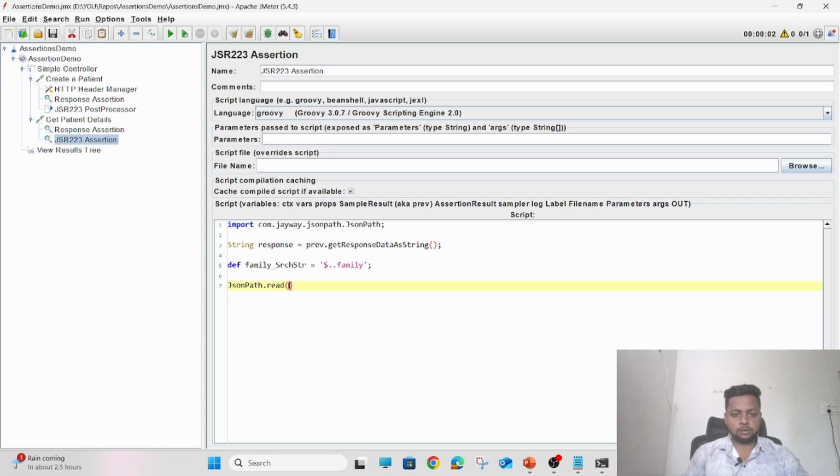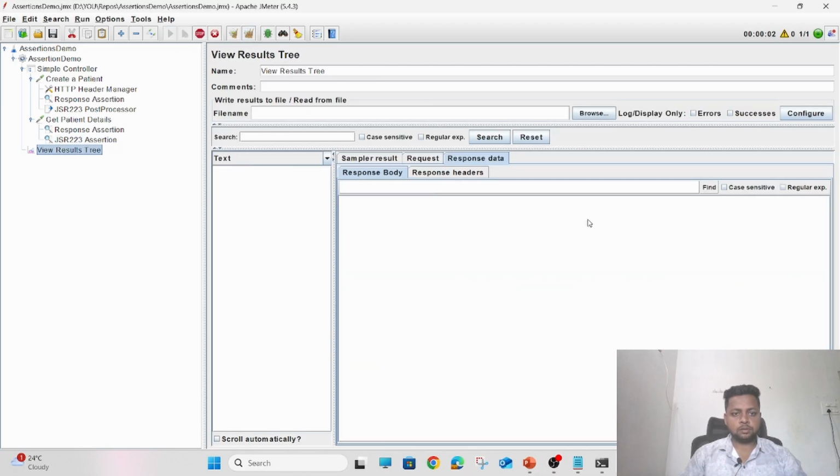Read the response, search for the family search string, and store it in a variable. As it gives me an array of elements, let me just fetch the 0th element without wasting time there. Print this and see if I have received the proper family name. Patient family name received is this. Execute this request.